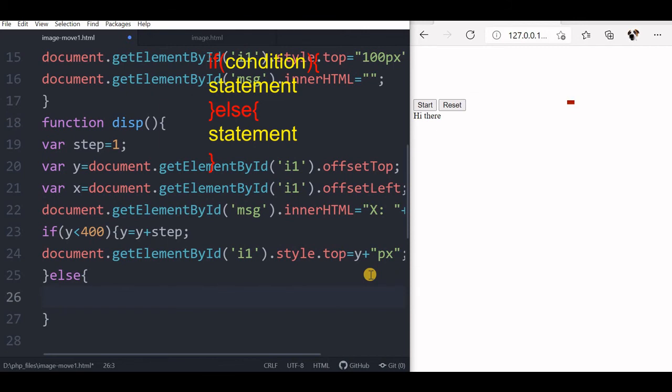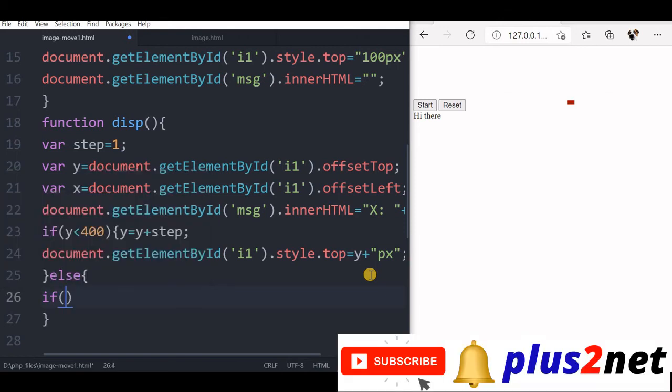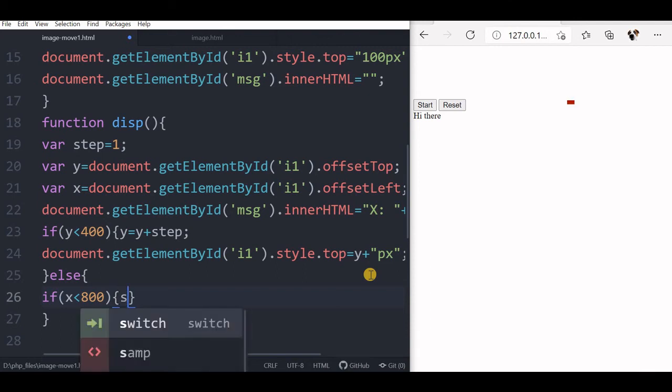Now we'll change the x value. So now horizontally it will move. We'll say if, now in that also we'll put a condition because we don't want it to hit the boundary. So if x is less than 800, then only it should move. Then we'll say x equal to x plus step. Now this step is again 1 only, we have set it at the top.